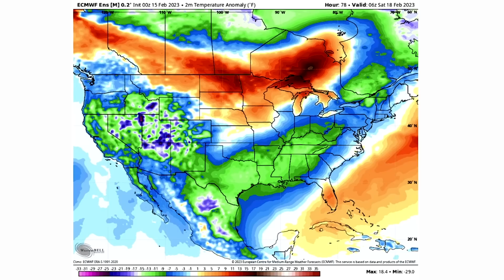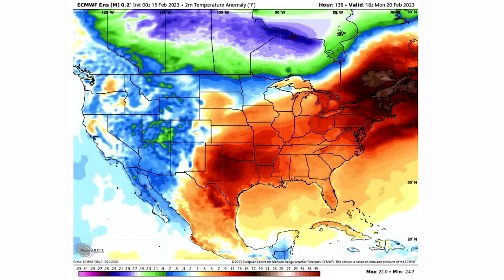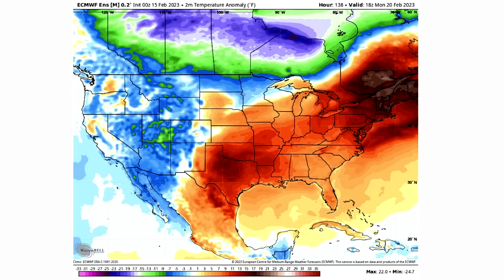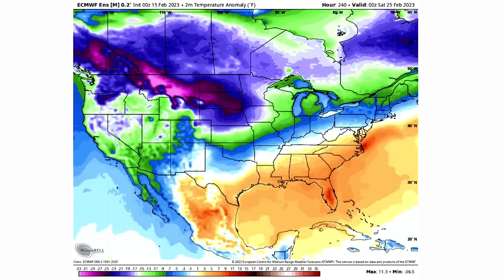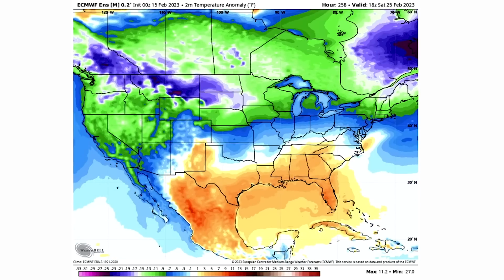Now, as we just continue on with this, we can see that the cold lasts about a day or two, and then what we see is the warm air returns with this southeast ridge. So we're seeing this really take hold here. It's how the whole winter has gone. This warm bubble in the east really just not letting go of the pattern. And we see this really stick around until about the 25th, 26th time frame, where this European ensemble model does say some cold will be able to infiltrate a bit, but we still see this warmth putting up a fight here,